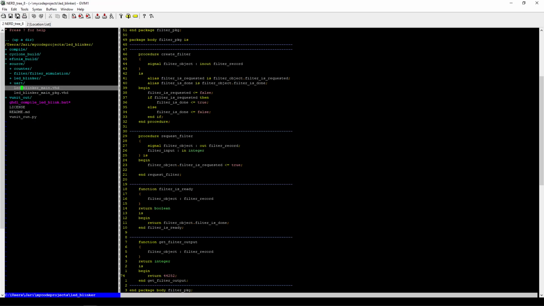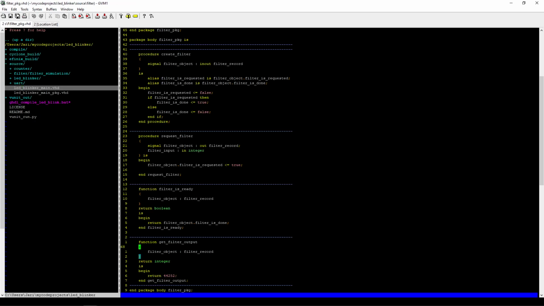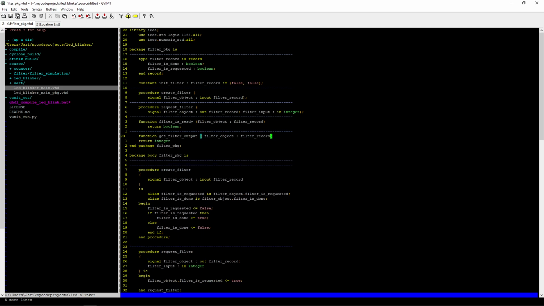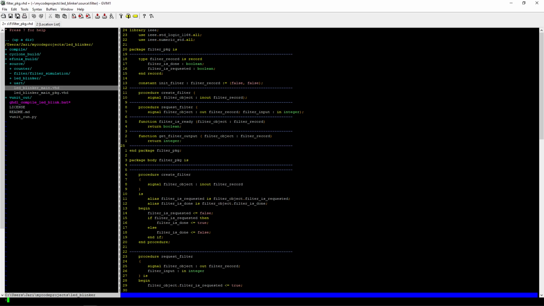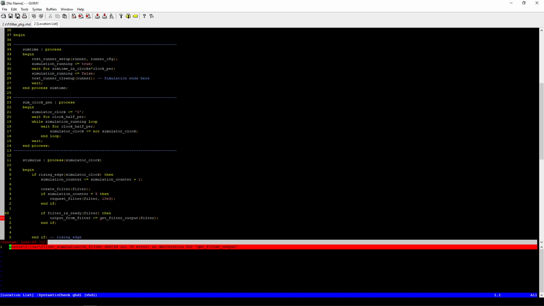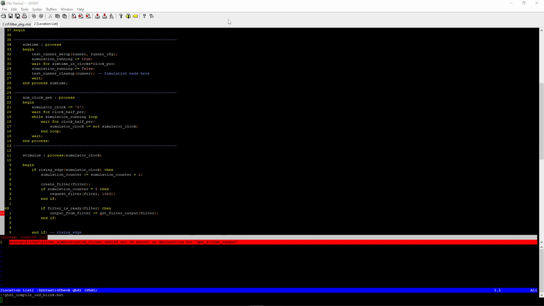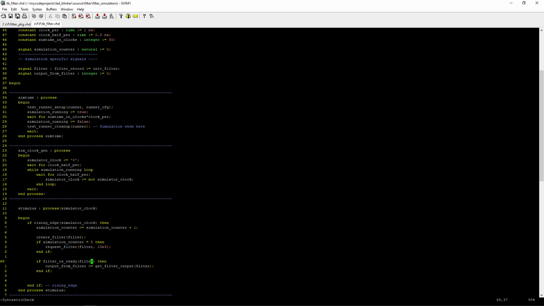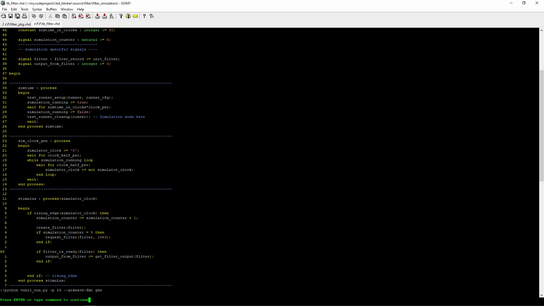No declaration for... okay, we forgot to declare this get filter output here, so we will do that now. We will just add the get filter output to the declarative region of the filter package. Now, as we compile our packages again and check for syntax, we should have no errors here. And if we go ahead and again run this with VUnit,